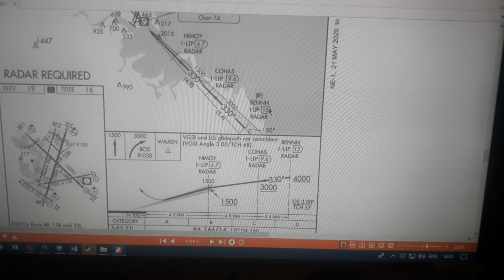In a D form, it is called the distance measuring equipment, DME, which is 15 nautical miles. This is 9.6 nautical miles, 4.7 nautical miles from the touchdown. So this is the runway. So this is very important. Around 15 nautical miles. That's why when you see the video, I came about 19 nautical miles. Then I took a turn, and that part we do manually, or it can be done in the flight management system, but to explain that I did it manually here.